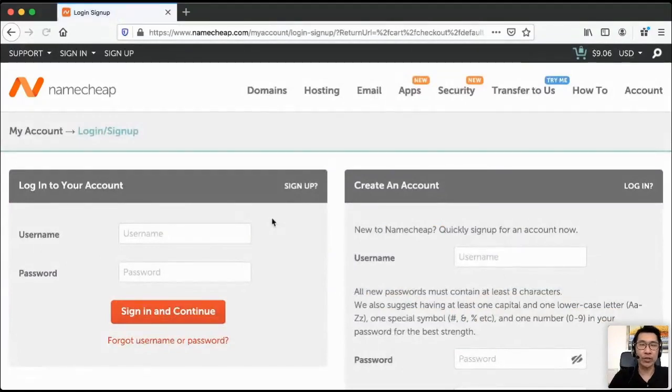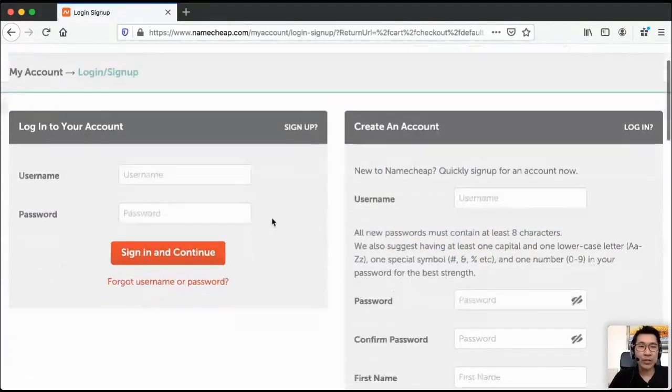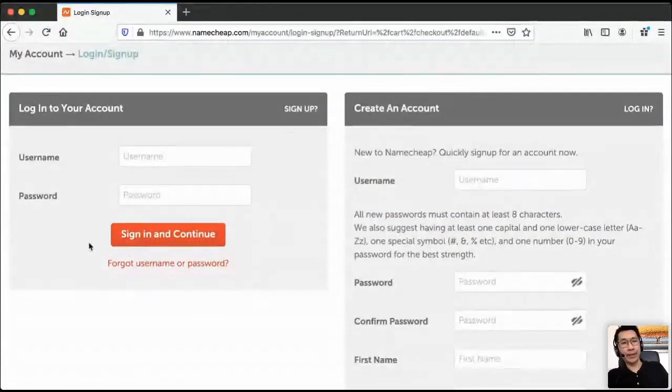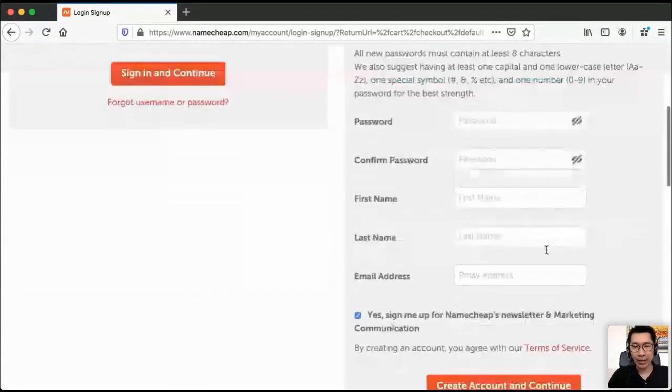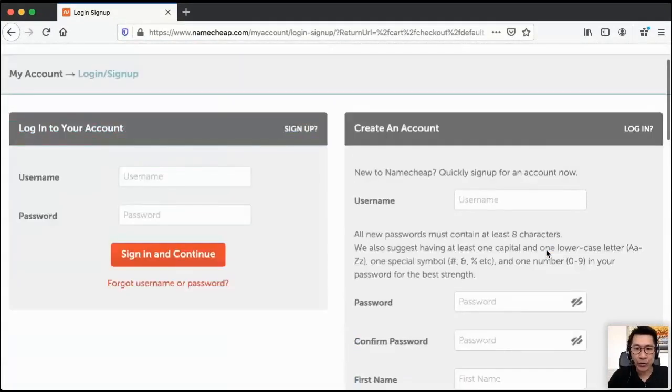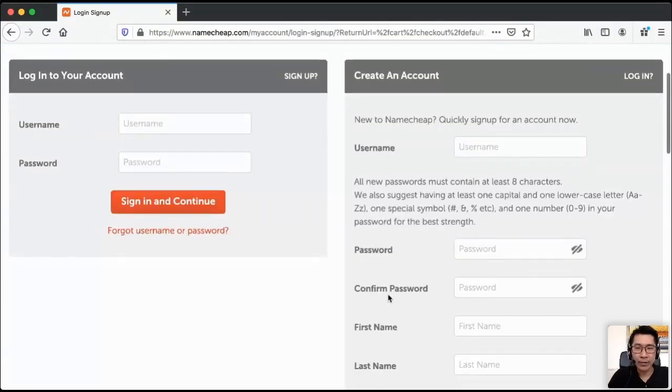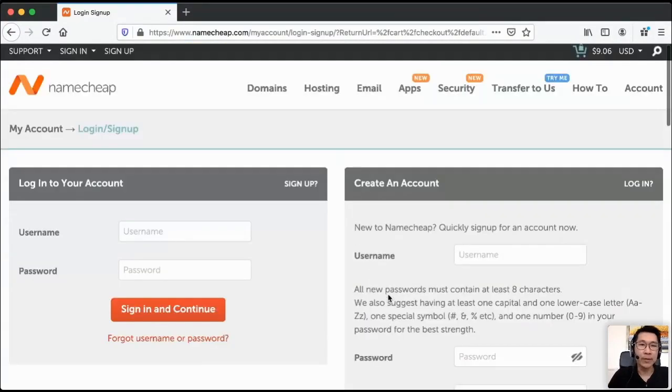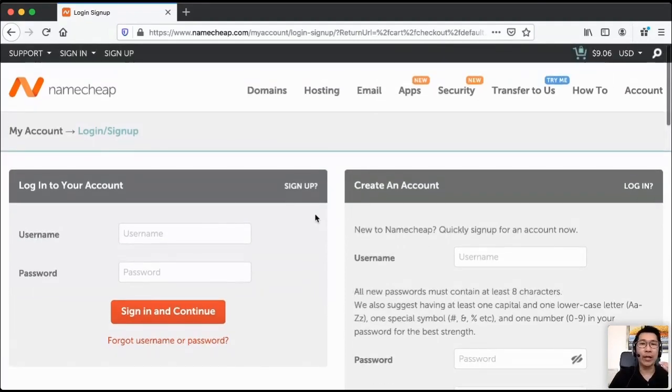And then you reach this page. Now, if you are a newbie, chances are you do not have an account yet, so you just need to register your account. This is self-explanatory. You choose the username to define your account, and then you type your password and everything else. Once you have that, you will be able to log in, and once you log in, you'll be able to check out. It's that straightforward. So I'm going to show you my account so that I can show you until the last stage on how to check out.